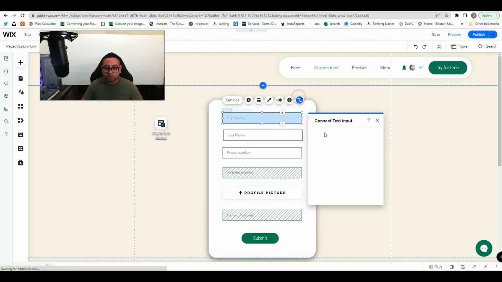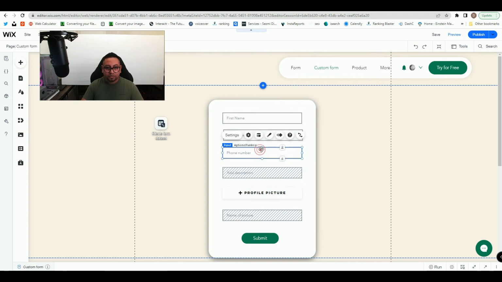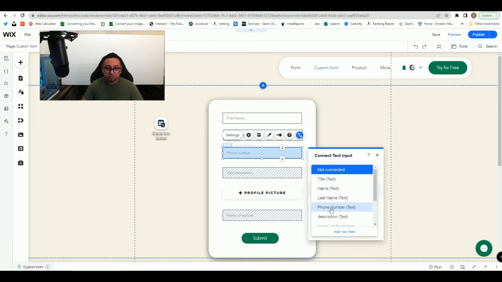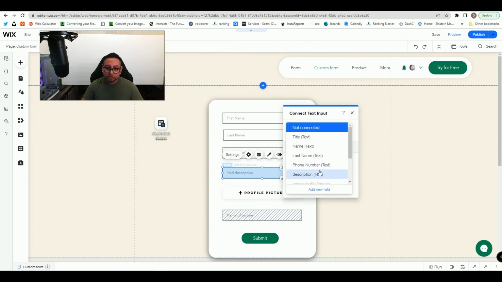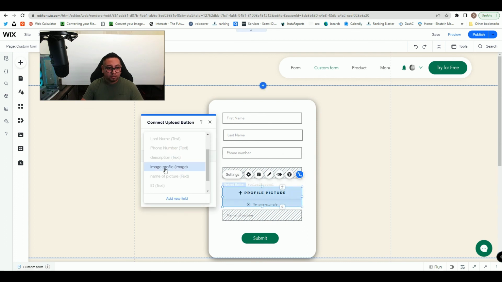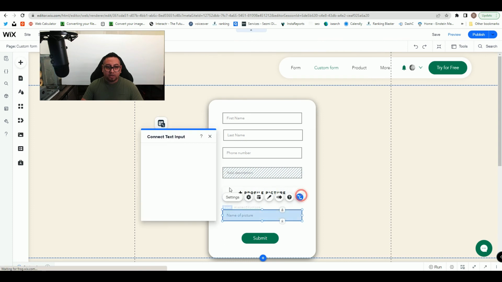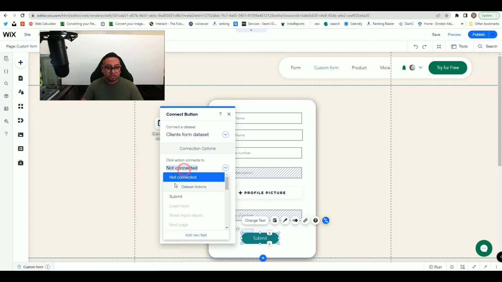So the first one is gonna go here, clients. Make sure if you have multiple collections, make sure this one matches with your data set. And then this is gonna be name. This is gonna be last name, phone number, description. So on description is that one, and then this is gonna be image, profile, and then name of the picture or picture's name, and then last one we're gonna connect the button, and the button needs to go to submit,